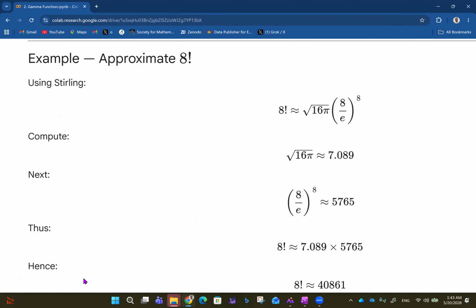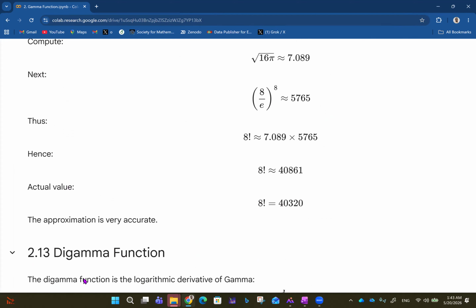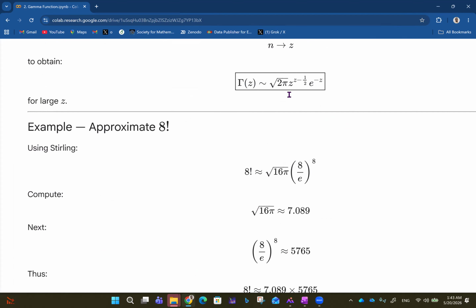So example now, you want to approximate 8 factorial. So using Stirling for 8 factorial, right? We just say 8 factorial is already getting big, right? So you have 8 factorial is approximately square root of 16 pi, because now z is 8, so 2 times 8. So you have 16 pi, then